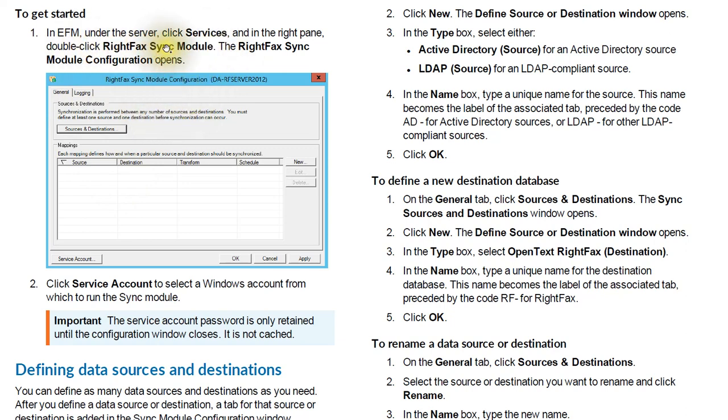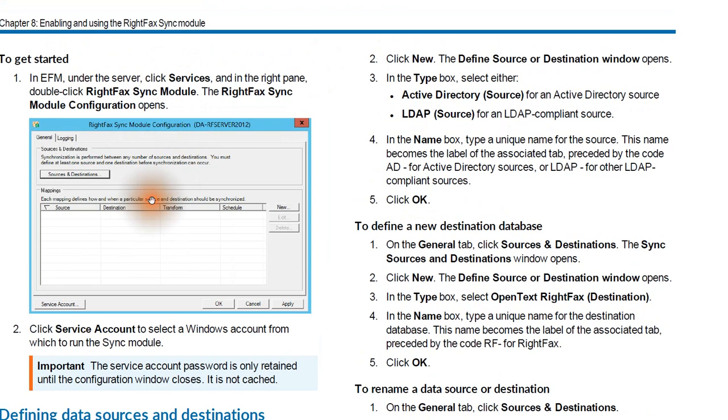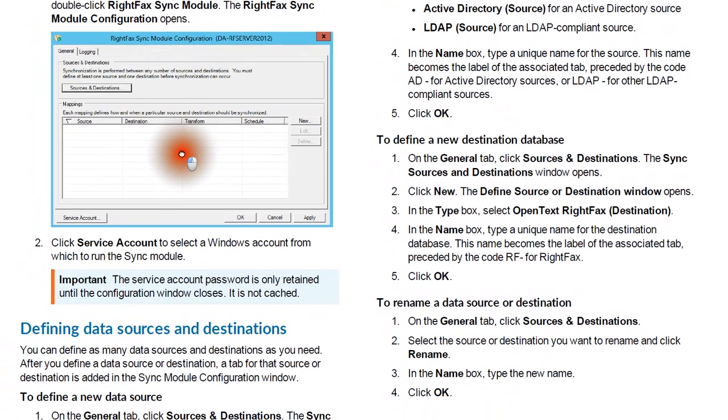Okay, EFM, and under the server click services, then double click RightFax Sync module, and the RightFax Sync module configuration opens. This is the wizard, and now here click services account. Select a Windows account from which to run the sync module, and define the data